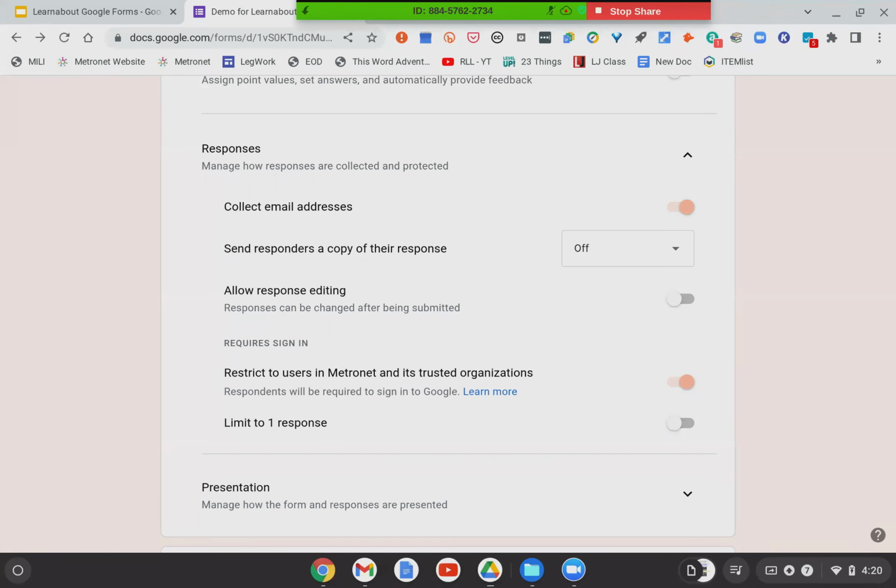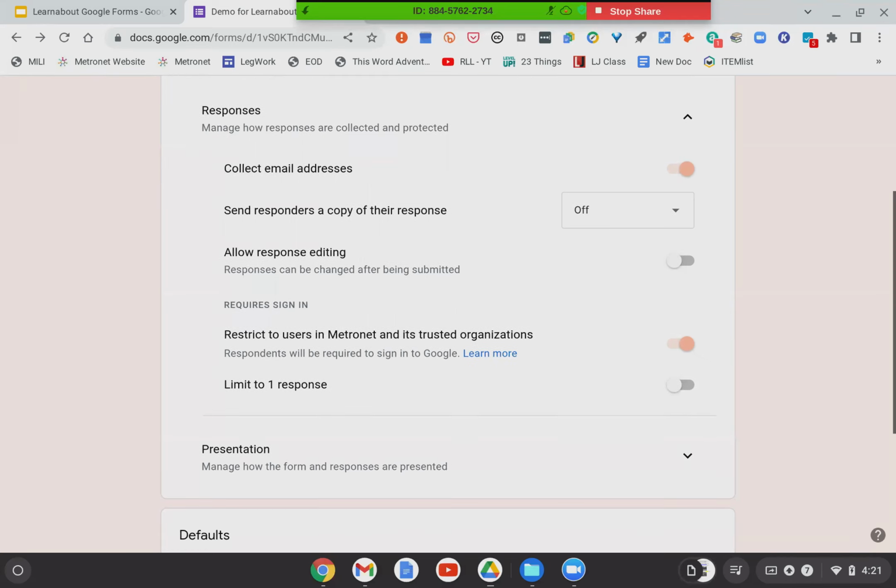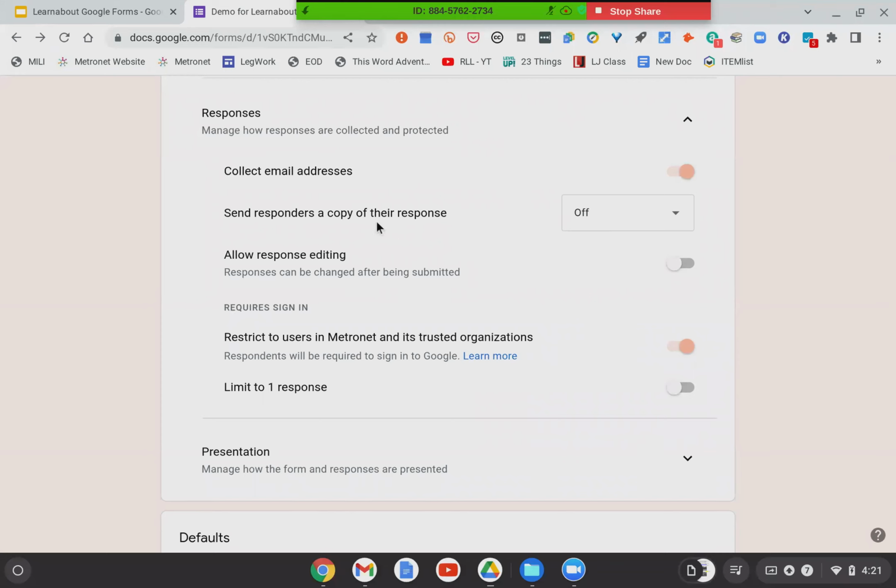And then you end up with an issue. So I usually just leave the collect email addresses on. If I think it's the kind of thing where they're going to want to use a different account, I will put in, do you have an alternate email address, as a question, and let them decide which one they can do. And then you can even set up which email address would you prefer, first or second, etc. So there are plenty of ways to get around that, but it saves you the hassle of the email address problem.